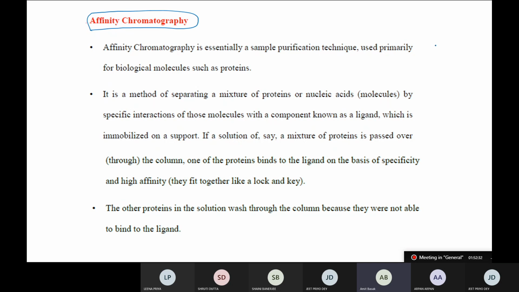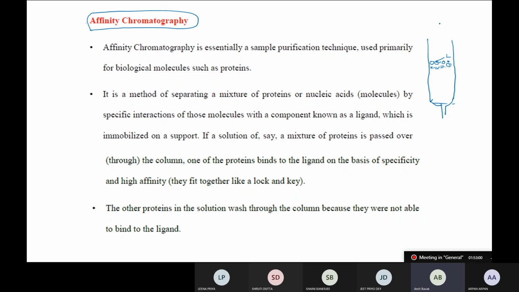Affinity chromatography is not very difficult to understand. It is basically very similar to gel filtration, but here it is made up of a gel. These are special gels, which are connected to a ligand, to a small molecule, which actually interacts with one of the proteins that you have. Remember that the proteins,